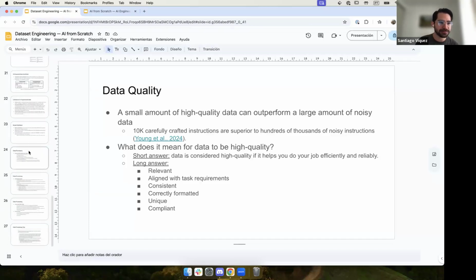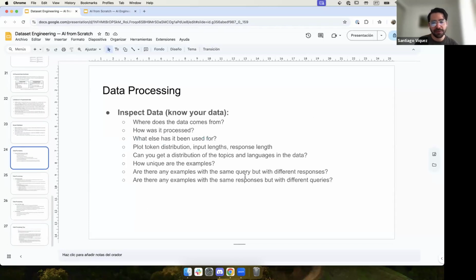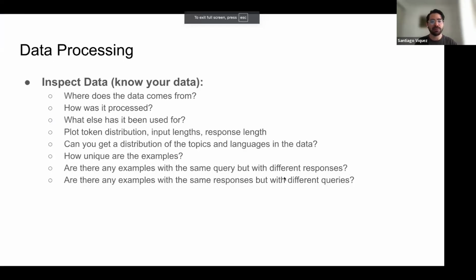If you have examples with the same question but different responses, and they're not valid, it shows a lack of consistency, and the same goes for same responses with different queries. Those can be valid or they can be an issue depending on the context, right?